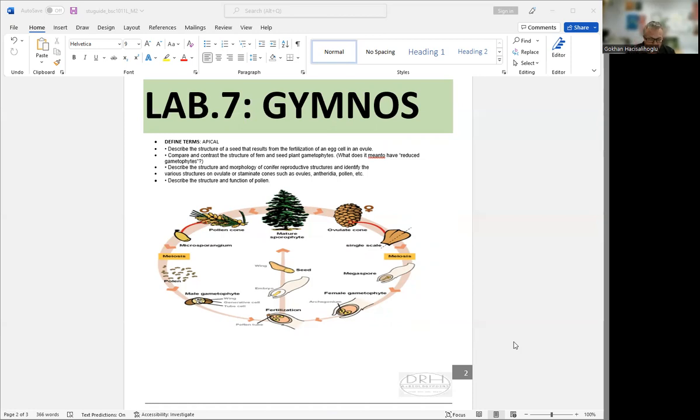Okay, so there are 4 phylums. Phylum number 1 is Cycadophyta, cycads. Phylum number 2 is Ginkgophyta, which has only one species, ginkgo. Phylum number 3 is Gnatophyta, which is like Ephedra. And phylum number 4, most well-known phylum under Gymnosperms, is Coniferophyta, with 500 species. So pine, fir, cedar, juniper, redwoods are all under this. This lab only covers Coniferophyta in terms of drawings and microscopy. So just remember there are 4 phylums, but we focus mostly on Coniferophyta.